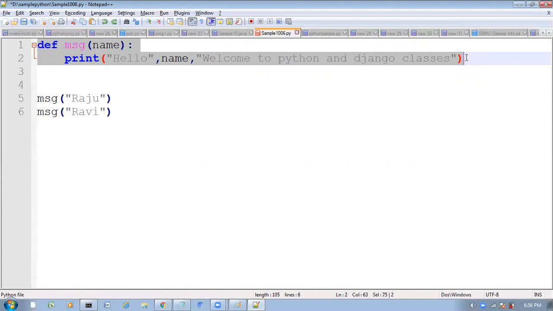I don't write any if conditions inside this function. I don't modify the message function. But still, if I give name as Ravi, I want a different message. If I give name equal to Raju, then only I want this message. Understand what I'm telling?